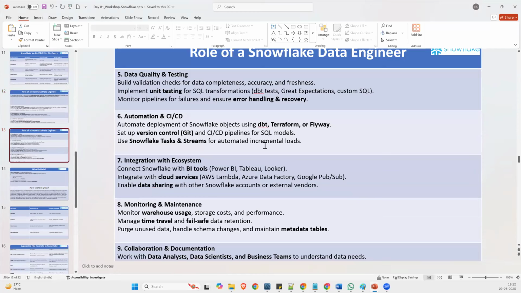So for the integration, everything is provided by your admin. That can be your cloud platform admin, or your Snowflake admin. You just need to utilize those objects and write the query. The query should be fine-tuned.